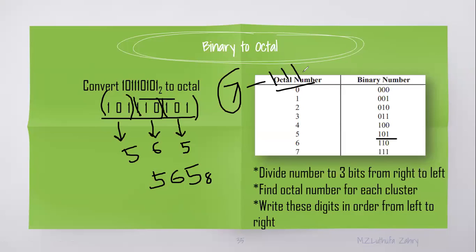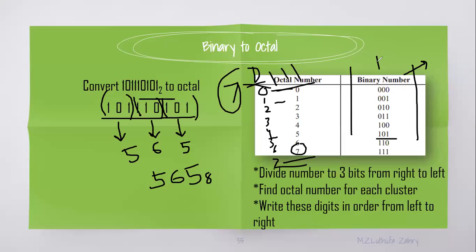Okay, the table: decimal number, I'm putting D for decimal. In the table, 0, 1, 2, 3, 4, 5, 6, 7. The decimal number is equal to the octal number from 0 to 7. We can see it clearly, right? 0 is equal to 0, 1 is equal to 1, in octal or decimal till 7, because 7 is the largest number in octal. That will be equal to the decimal number. This binary number we found using the decimal to binary method. That is how we found these binaries. So that will be equal to octal.